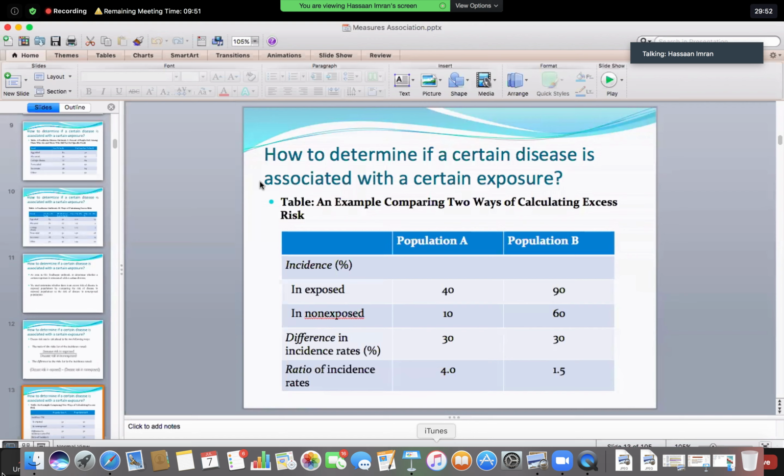In these, they will provide you the incidence of disease among exposed individuals, and they'll provide you the incidence of the disease or the frequency of diseased individuals among non-exposed individuals. They do tell you that it was a cohort study or it was a 10-year study and follow-ups were conducted. So it is understood that this was a cohort study design, and whenever there are follow-ups, it means that we are trying to look for the new cases or the incidence of the disease. So there, definitely, we are going to calculate the appropriate measure of association.